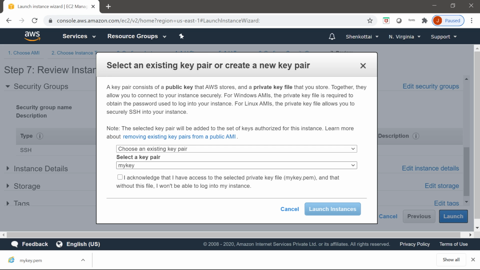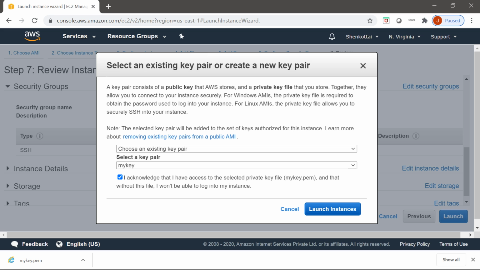Then I already have a key that I will choose here. Then I will check this box. Then it will highlight Launch Instances. If this checkbox is not selected, it is not highlighted. We need to select this checkbox. This is the key pair page.